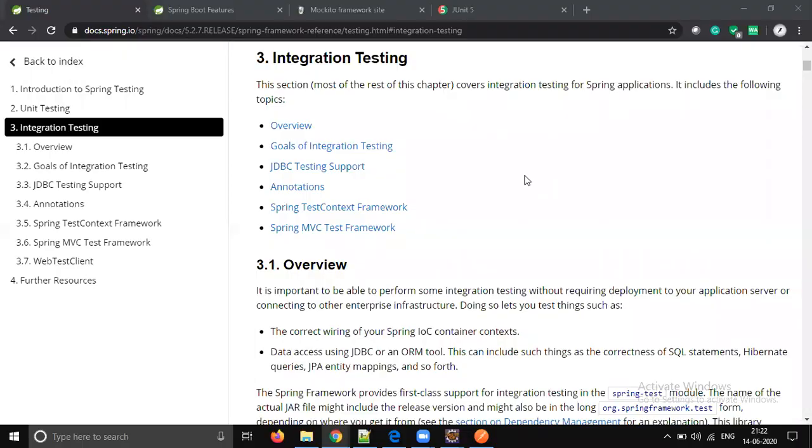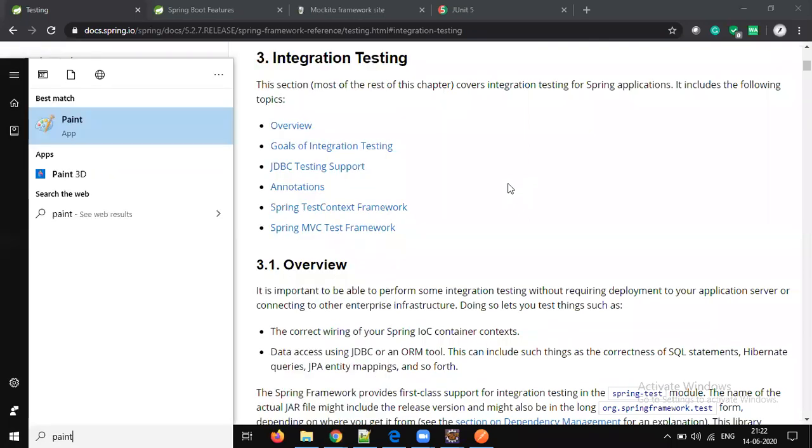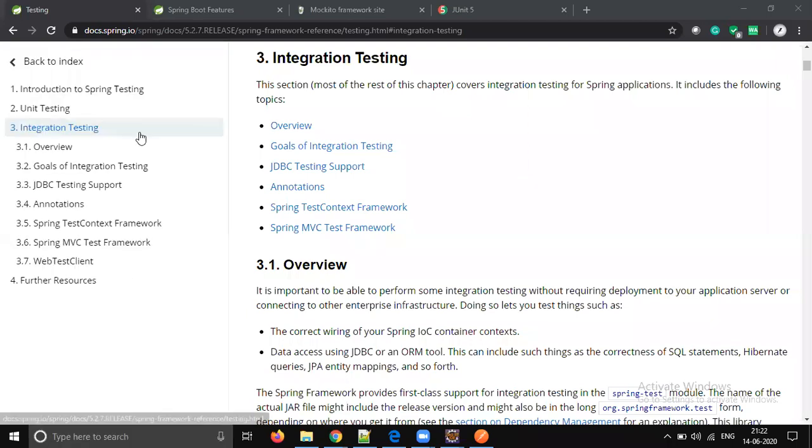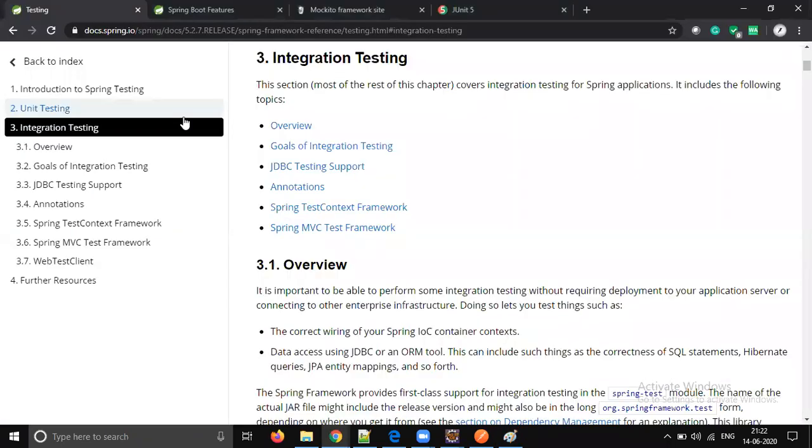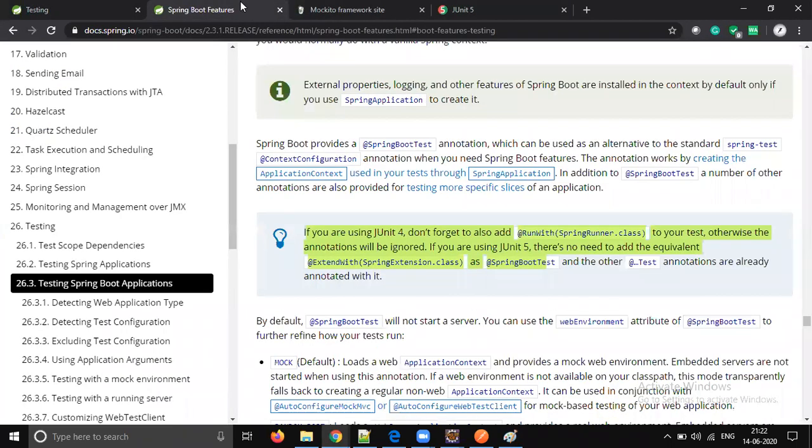Integration test. This is the most complicated part in the testing section. Unit testing is easy, like we can test a particular method, right? With respect to integration testing, why do we use it? In microservices, there is a process called CI/CD, continuous integration and continuous deployment.